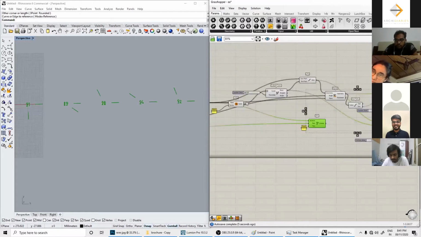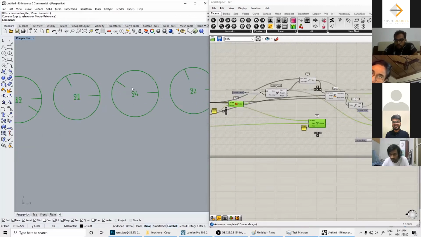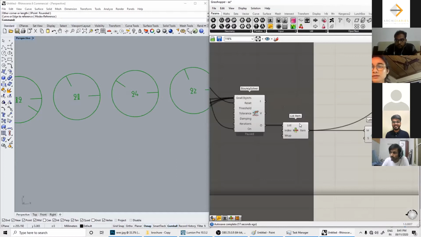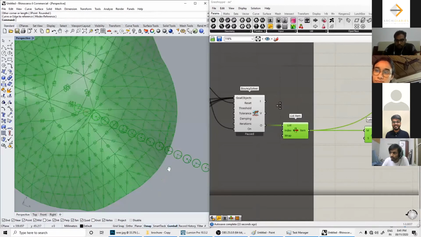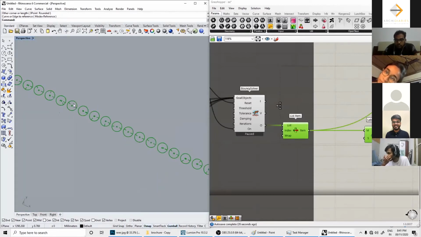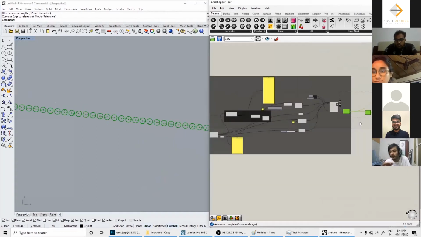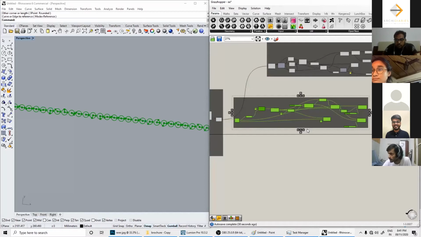So now I have something like this. This circle will be used for edge 24. If you see over here, I have different edges and corresponding circles. Does it make sense? Yep. And this is my third part of the script. The script is divided into 3 parts: first is creating geometry, then creating the triangles, and then arranging joineries, creating joineries.